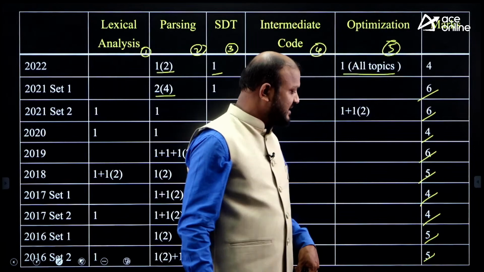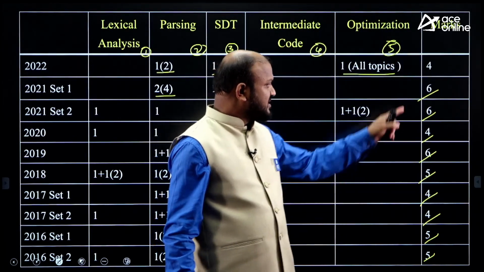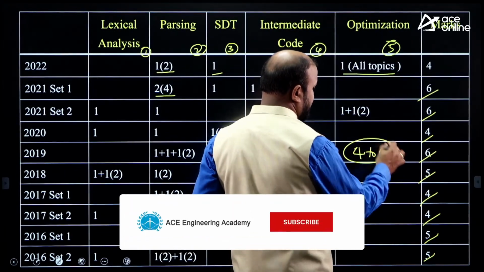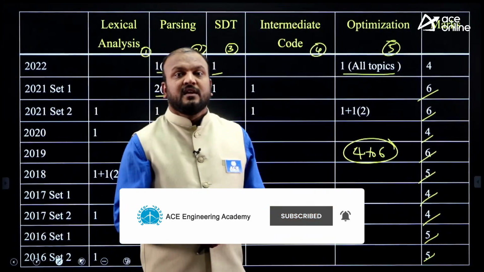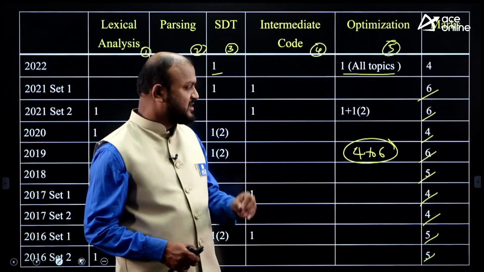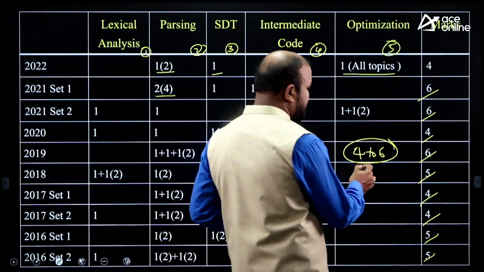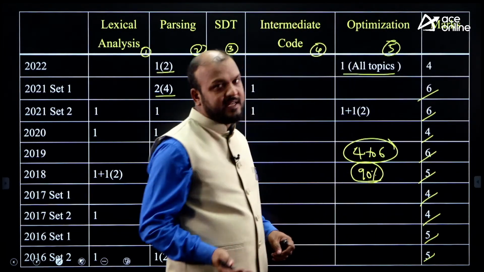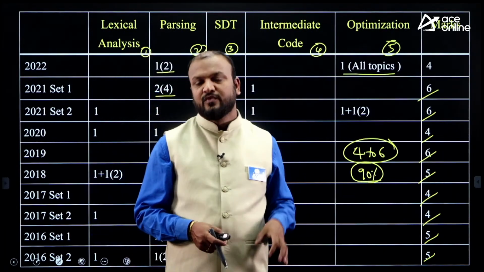So what you can understand is that minimum you are getting 4 marks from the subject, means you are going to get an average of 4 to 6 marks from the subject. And one important thing is that from these 4 to 6 marks, you are able to expect what kind of questions are possible to ask. What are the questions that are going to be asked? In 90% of the cases we can expect it, but the 10% of cases could be untapped area questions.